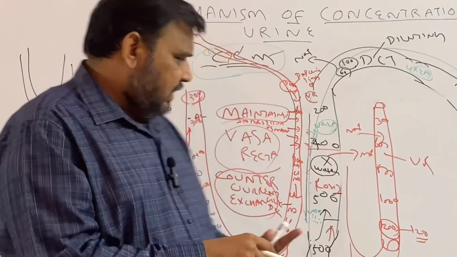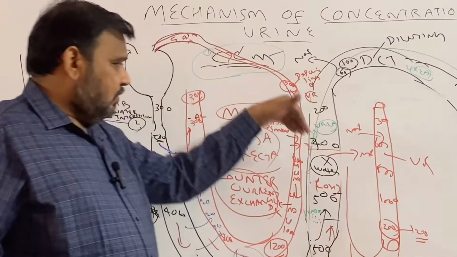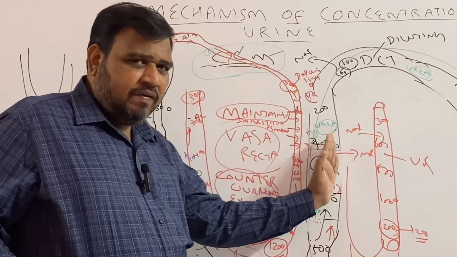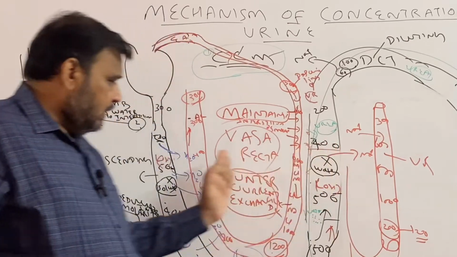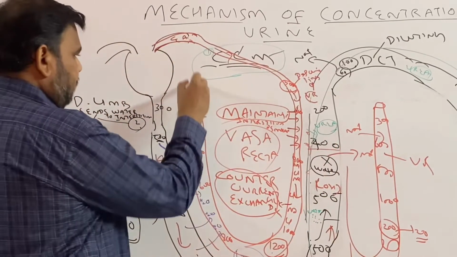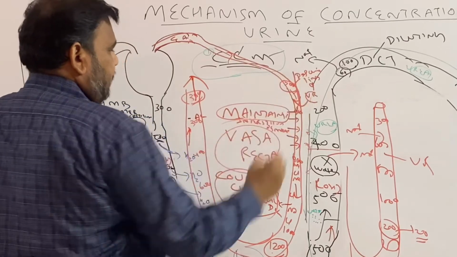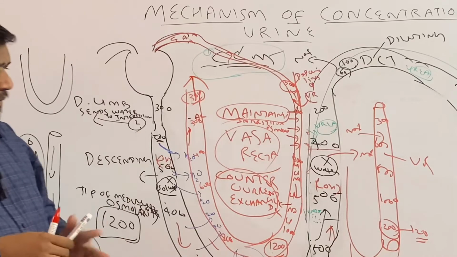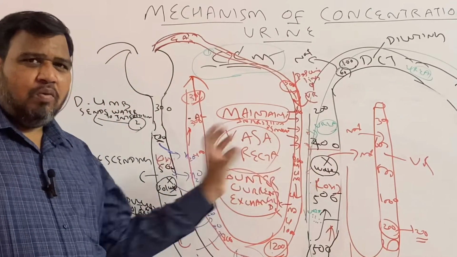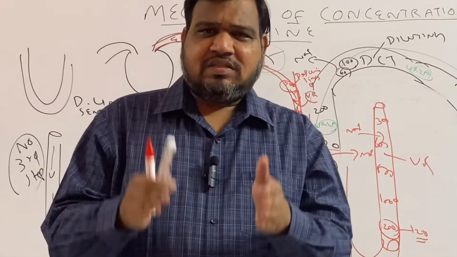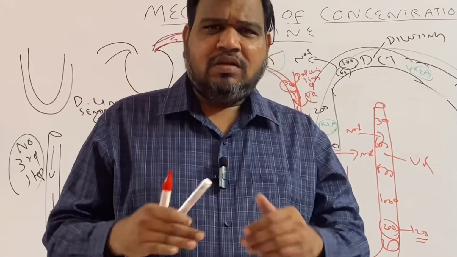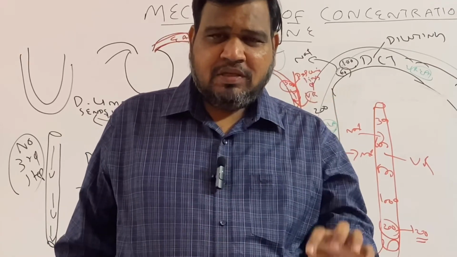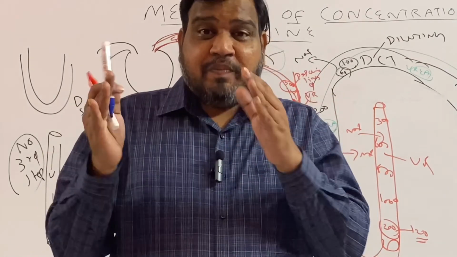Why countercurrent? Again, you can see here descending limb, ascending limb. Descending limb of vasa recta is parallel with ascending limb of loop of Henle. Ascending limb of vasa recta is parallel with descending limb of loop of Henle. So countercurrent. Why exchanger? It exchanges solutes and water with loop of Henle. Note it down. Vasa recta exchanges solutes and water with loop of Henle. Very important. So that's why water is not able to dilute the interstitium, because the vasa recta is maintaining that